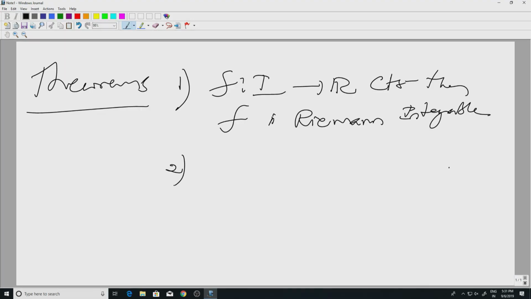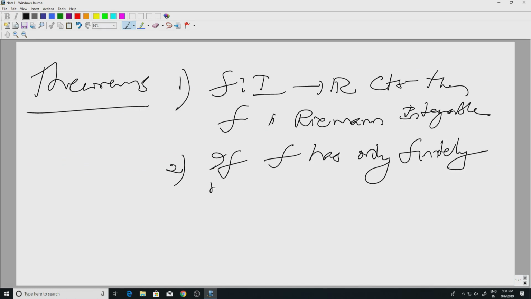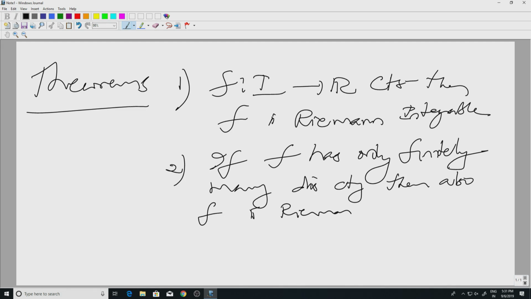2, if f has only finitely many discontinuities, then also f is Riemann integrable. So, in particular monotonic functions which have only finitely many discontinuities in the interval 0 1 will be Riemann integrable. 3. Suppose I have a sequence of functions fn, Riemann integrable, converging to f uniformly,